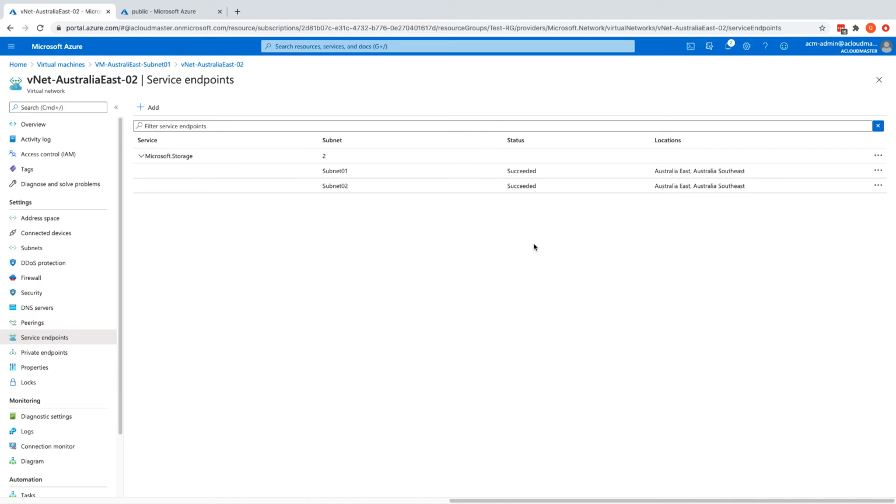As we mentioned before, this means that the virtual machines in these two subnets will use their private IP addresses to access the storage accounts in regions Australia East and Australia Southeast. If the virtual machines have public IP addresses, they could also use them to access the Azure storage accounts outside of these two regions. Now I have RDP'd to the VM in subnet 01, and I go back to the storage account